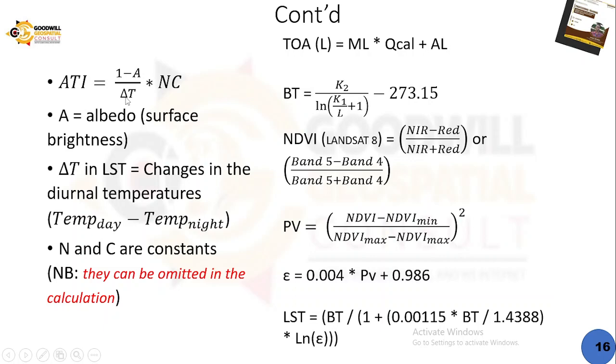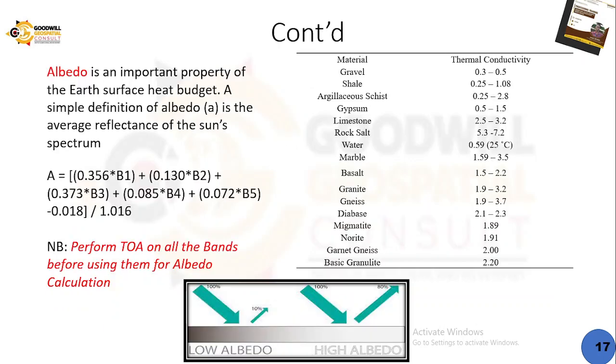Once you generate your apparent thermal inertia map, what you do is that you compare these apparent thermal inertias in the map you generated to known thermal conductivity values. You strike a relationship between the apparent thermal inertia, that's the thermal inertia, and thermal conductivity. You say they are proportional to each other. So once you know the thermal conductivity, you can infer the type of material in the map that you've generated